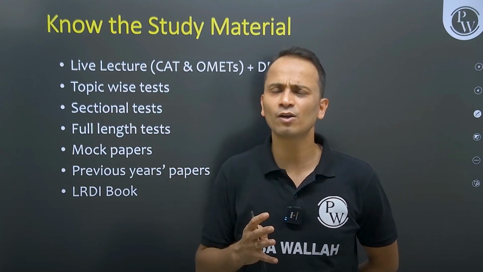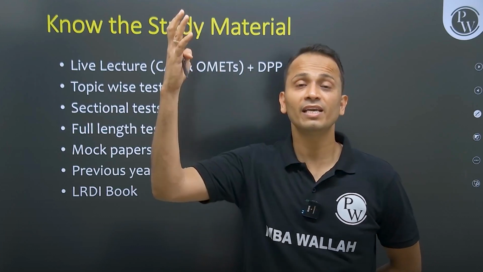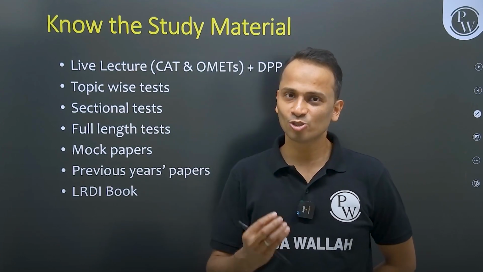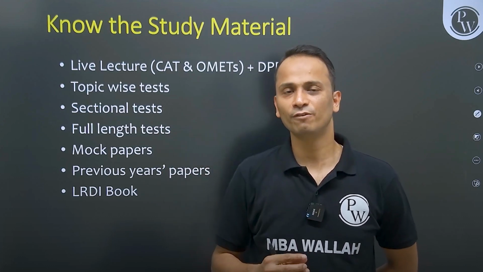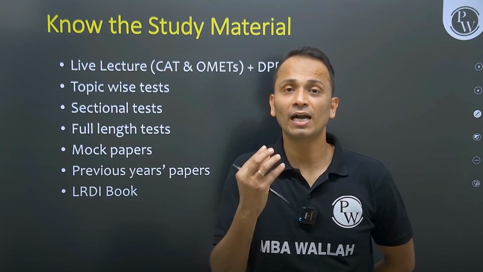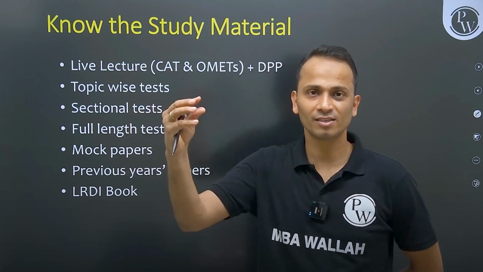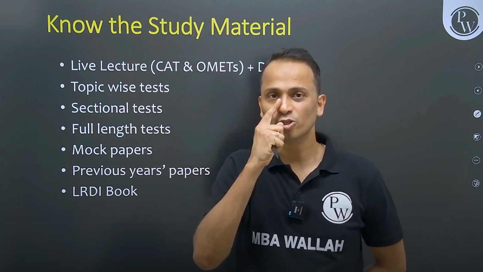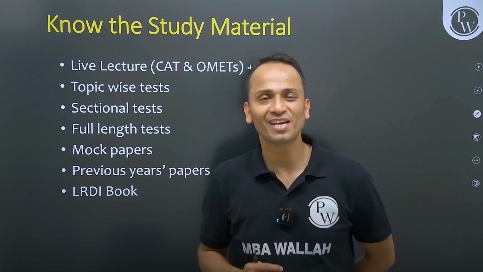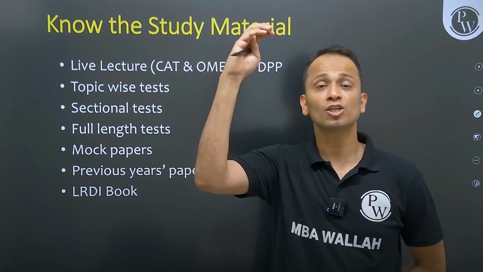So my dear friends, understand one small thing: if you want to climb Everest, you cannot land up directly on the summit, right? You will have to take smaller steps. First of all, you will have to exercise, understand your fitness level, then go to the base camp, then another step, and then you will reach Mount Everest, right? CAT is another Mount Everest, and you will have to take smaller steps one by one to reach that top level.